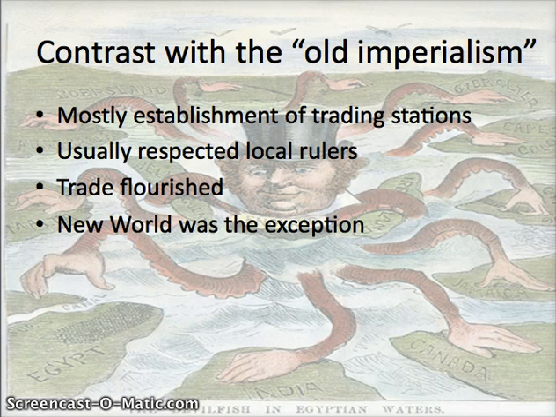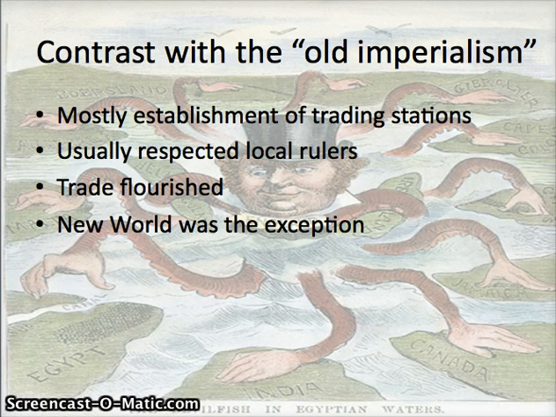They established a bunch of trading posts along the west coast of Africa, India, and Indonesia. So remember when Portugal was working to find a trade route to India, it stopped often along the coast of Africa and established these trading posts, but it didn't actually occupy or rule territory in Africa. They did this to expand their spice trade, and the Portuguese were also the first Europeans to establish an African slave trade in the New World when they colonized Brazil.